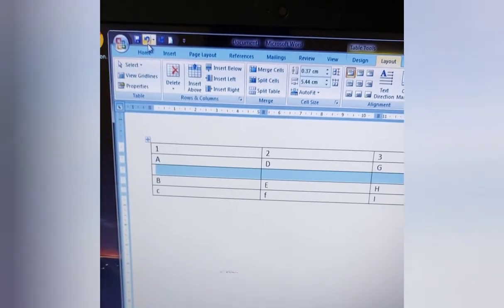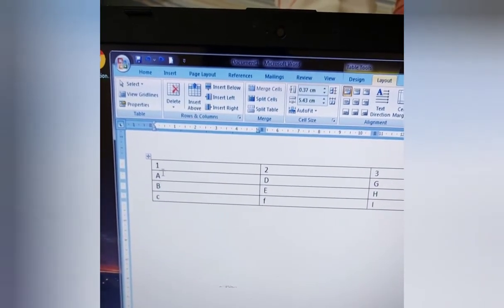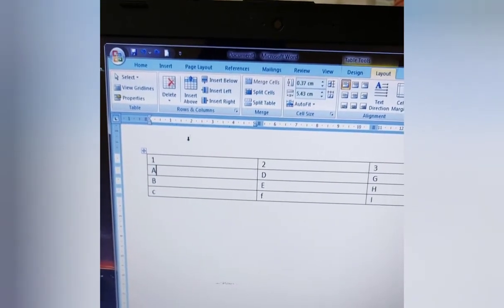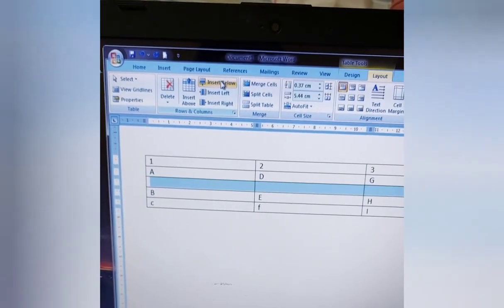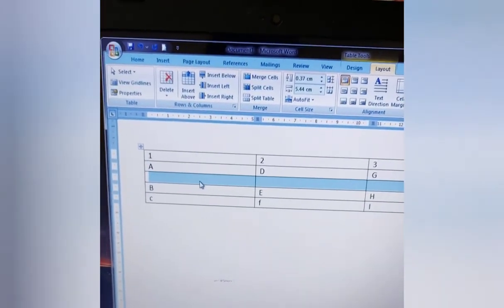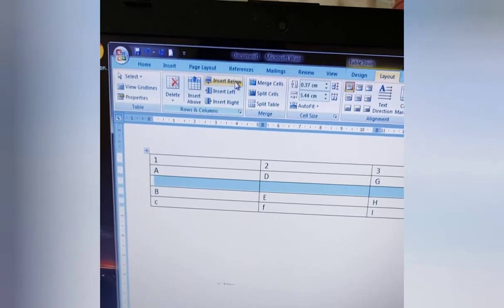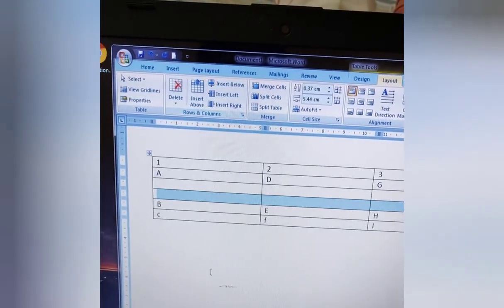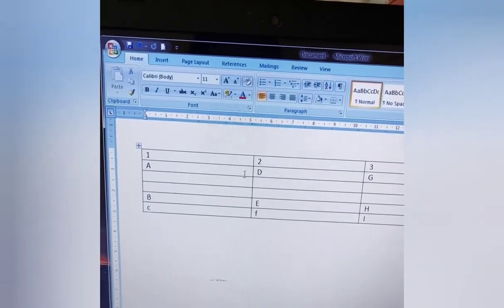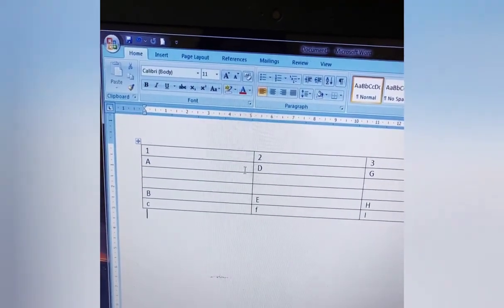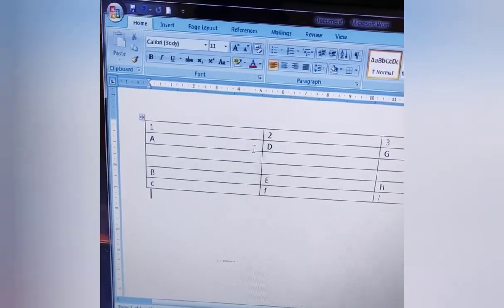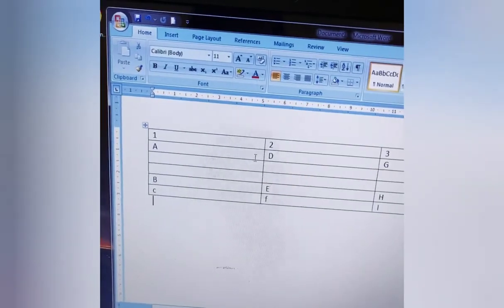Undo. Okay, now suppose I am at A and I want to insert a new row right below A. So we will do insert below. Done in the same way. Okay, so this is how we are going to insert a row or a column. We can do more as well. Insert below, another one, 2 rows between A and B added. Okay, so this is how we can add as many rows and columns as we want between 2 adjacent rows or columns in an already existing table. Okay, we will continue with this chapter in the next video.